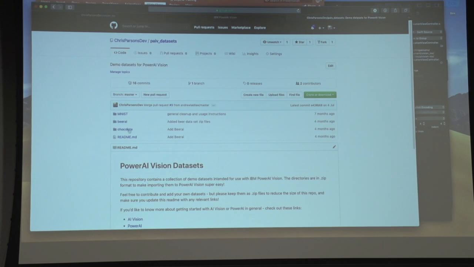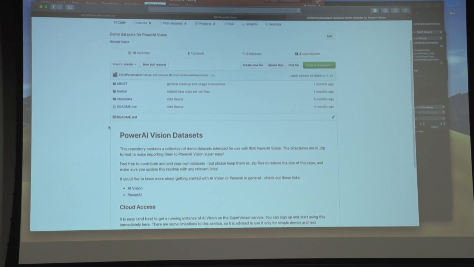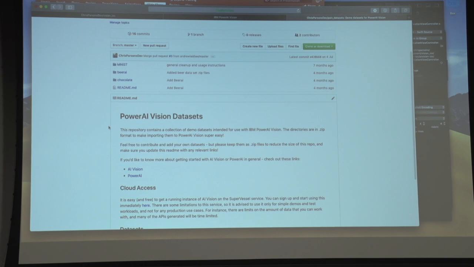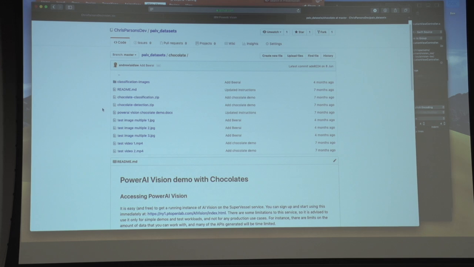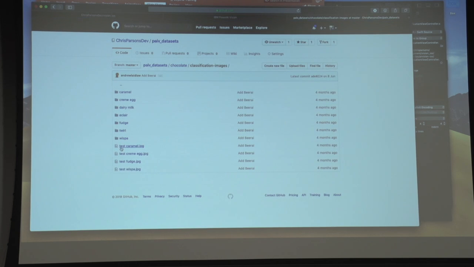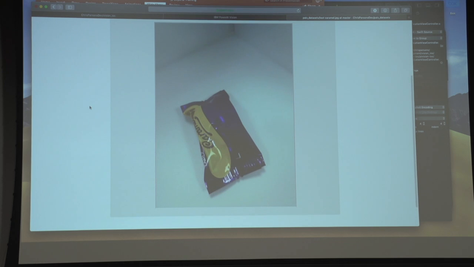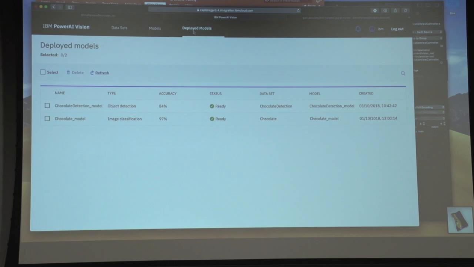Right, so I have here, by the way, the data sets are open source as well, so if you want 700 photos of Cadbury's chocolates, right, so let's go under chocolate. What we've got under here, so these test ones are ones that I have deliberately kept out of the data set so that I can do this with. So let's screenshot that. Right, and then let's go back to Power AI Vision, go back to our deployed models